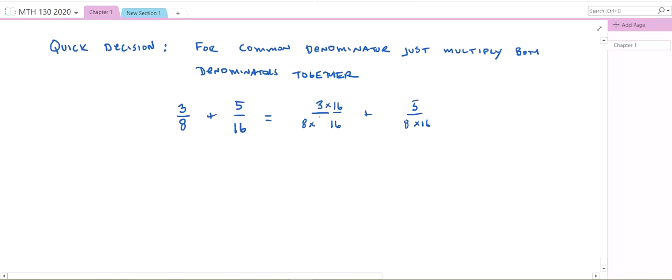So in essence, I'm multiplying 3/8 by 1, and I need to do the same thing over here. So we end up with then 48 over 128 plus